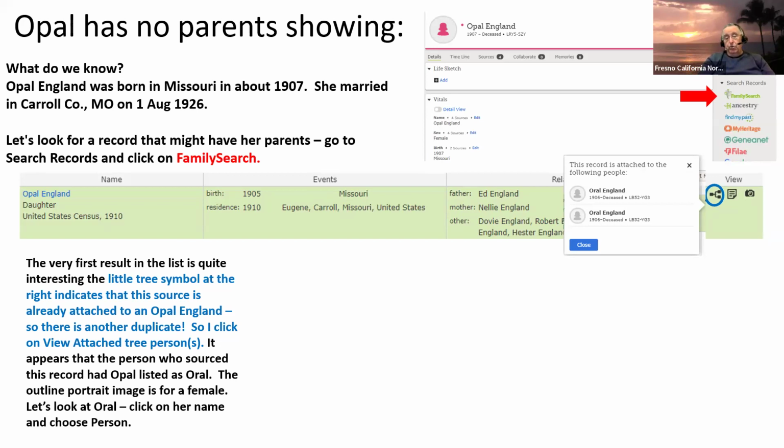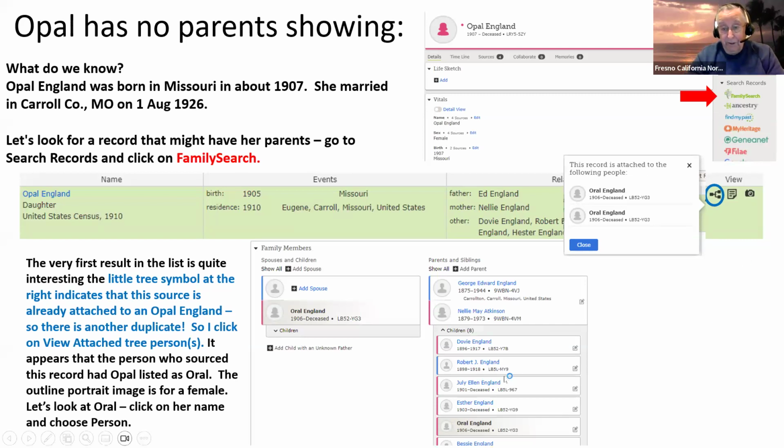And when you know the name you're looking for and you look at it on a kind of messy handwriting, you can usually see the name. When you're a transcriber, you don't know what the name's supposed to be. You just have to do the best you can. And that's kind of what happened here. The transcriber tried. They came up with Oral, which makes no sense, but it was really Opal. So we're going to merge an Oral and an Opal.